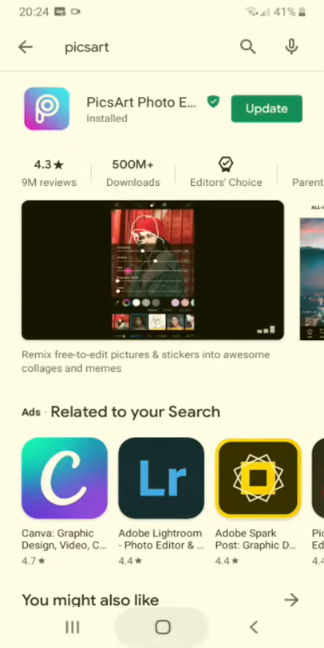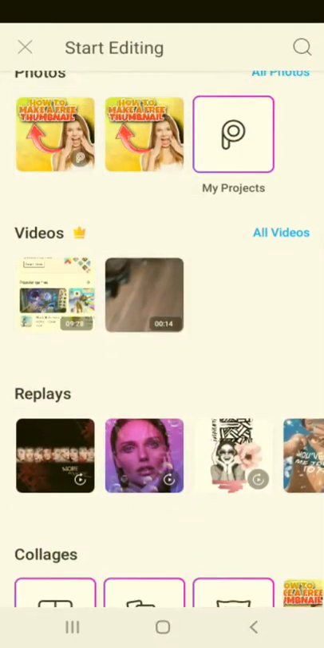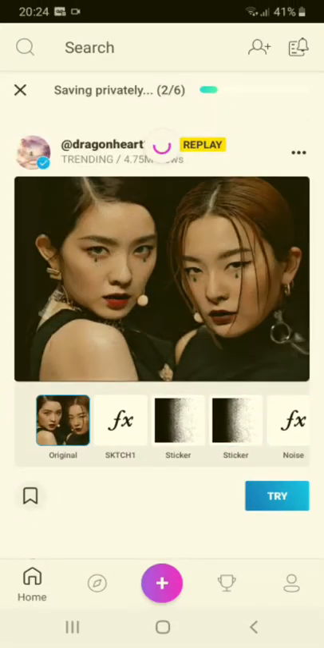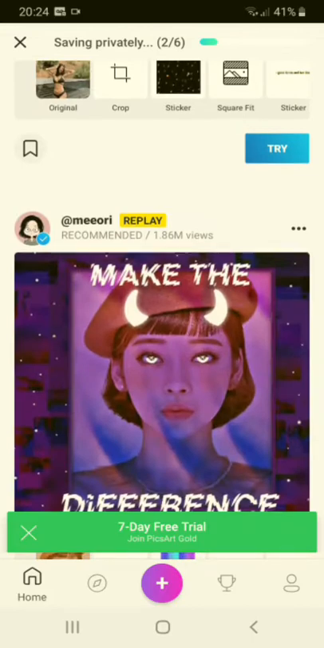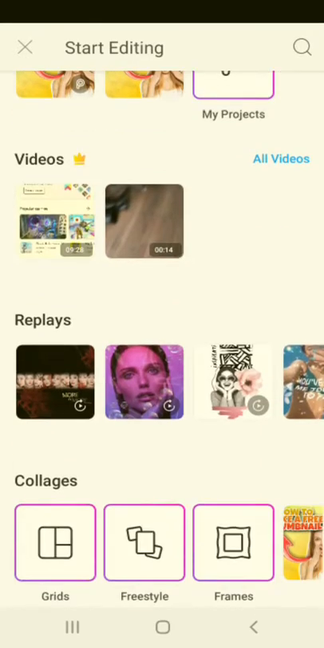So yeah, after you've downloaded it, you go and open it. It's going to show this screen over here. Then you press the plus sign, and then you go to